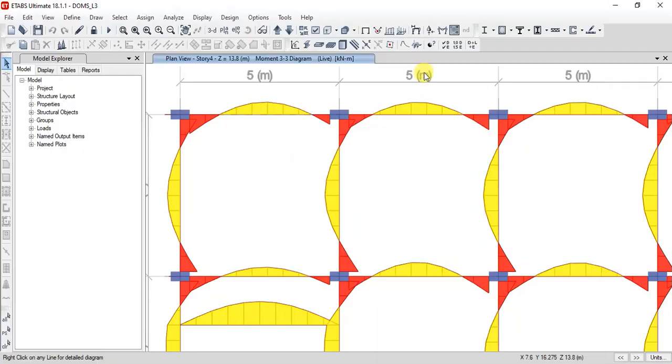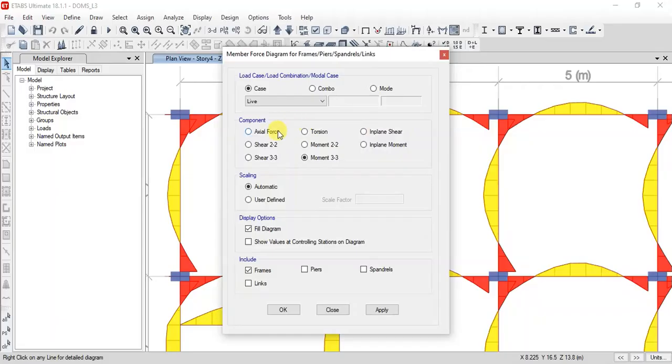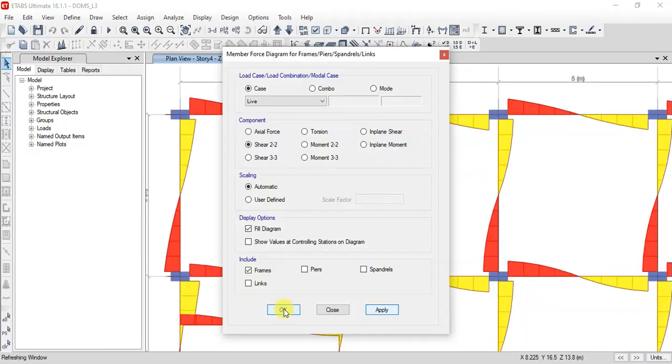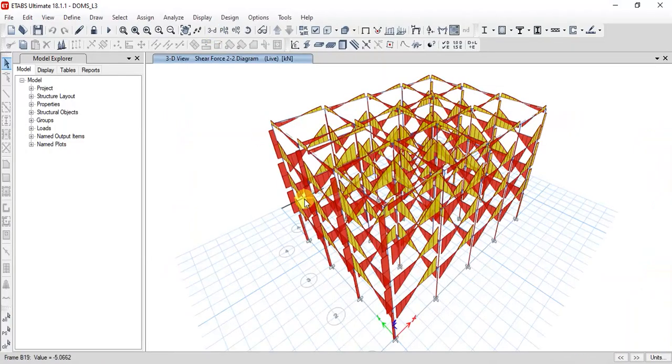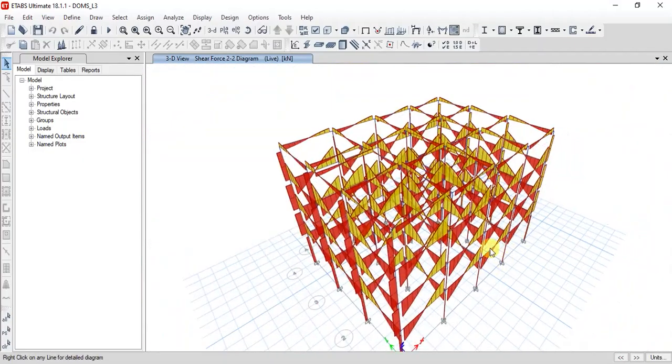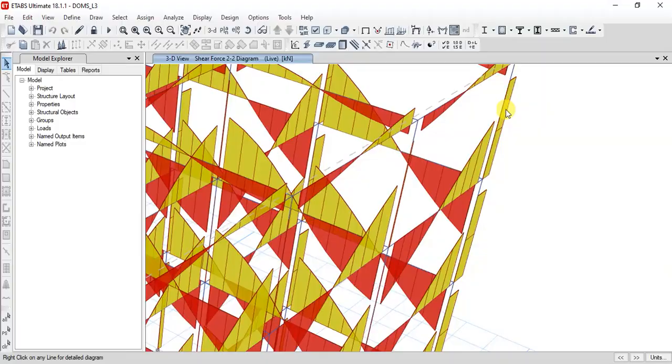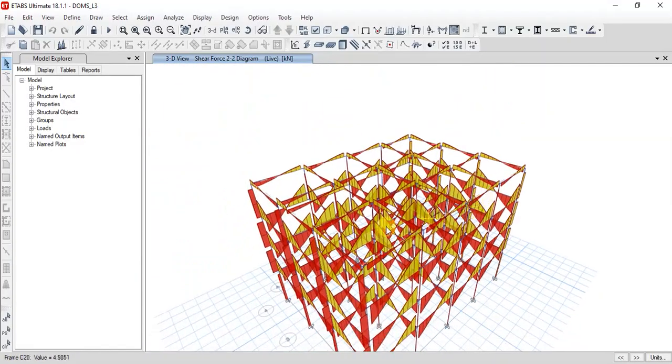Similarly, you can go for shear force, click apply. Now if you look at the 3D model, it is not only showing the shear forces in the beams, it is also showing them in the columns.